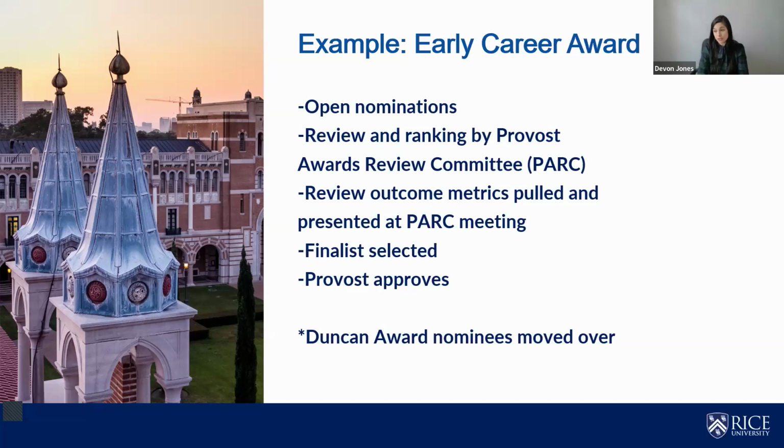So we don't ask a ton of eligibility questions in the form itself because typically our nominators are not going to know the answers to some of those questions. We do include the eligibility within the description section of the award. So one of the things that InfoReady does brilliantly is if we have a nominee or a nominator submit somebody who doesn't quite fit the eligibility for early career award, I think we have it set at within 10 years of your post-terminal degree and within 5 years of your first placement in a tenure track position. Don't quote me on it, but I'm pretty sure that's the eligibility requirement for early career.